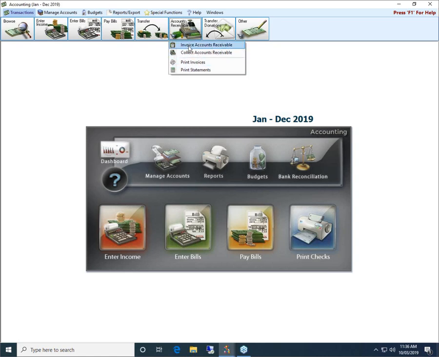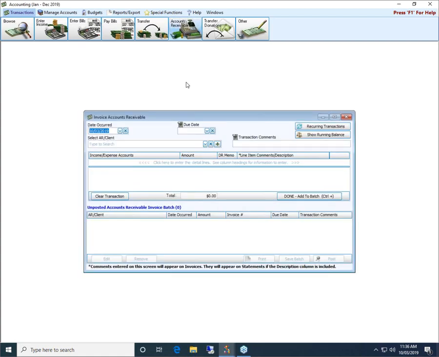I've got my 4 options: my invoice transactions, my collect transaction. I can print invoices, and I can subsequently print statements. We're going to be talking about invoicing and printing invoices. So when we go into Accounts Receivable, it opens up. It's essentially kind of the opposite of accounts payable, as